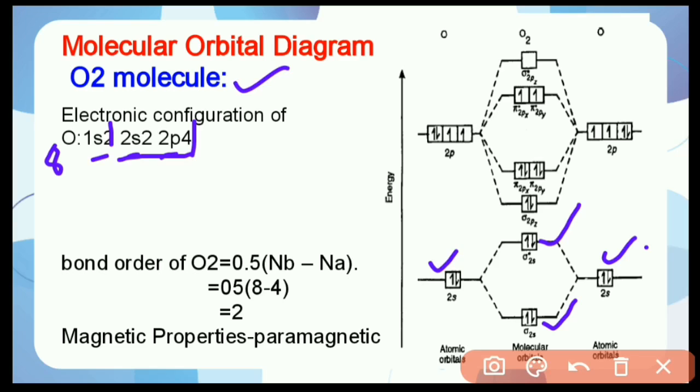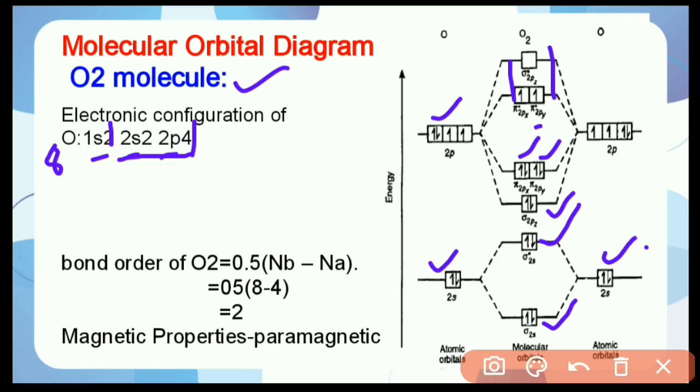For the 2p orbitals having 4 electrons each, the molecular orbital arrangement of the p orbitals is different from nitrogen. First write sigma 2pz, and after that write pi 2px and pi 2py. The arrangement of the anti-bonding molecular orbitals is similar to the nitrogen molecule, with no change. First write pi star 2px and 2py, and after that write sigma star 2pz.